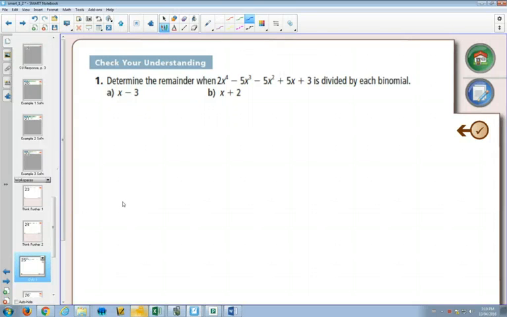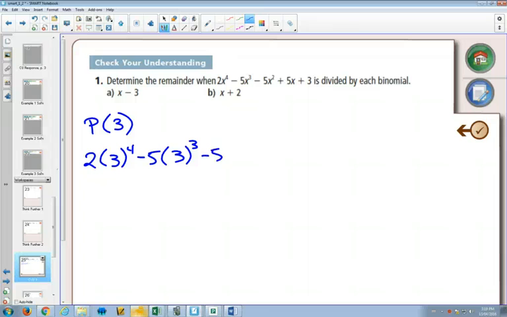So when you're asked to determine a remainder, you can now do it in one of two ways. You can use the remainder theorem. If I use the remainder theorem, that says I can just plug in 3 into my original equation. And 2 times 3 to the 4 minus 5 times 3 cubed minus 5 times 3 squared plus 5 times 3 plus 3